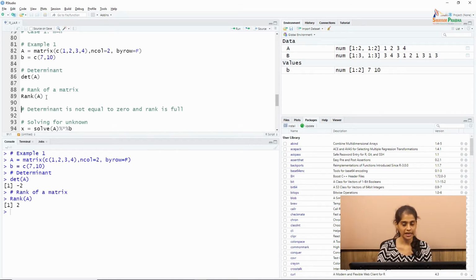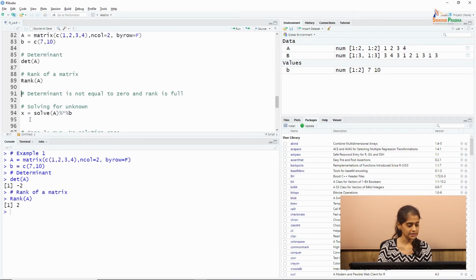Now why do we need to calculate the inverse? We need to calculate the inverse because we have the system Ax equal to B. X is an unknown, so we are basically trying to solve x is equal to A inverse B. So when you're trying to solve x equal to A inverse B, you basically need to find the inverse and